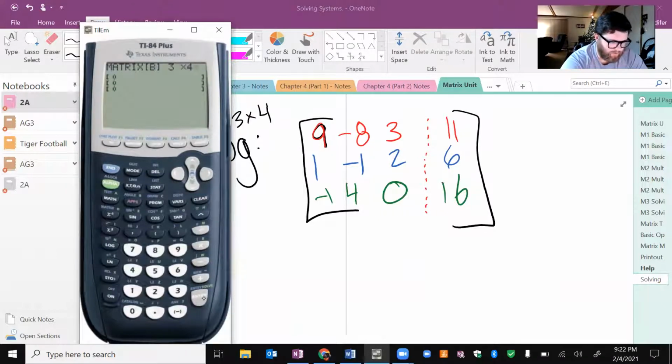Here's the tedious part. So we have 9, -8, 3, 11. Next row, we have 1, -1. Uh-oh, there we go. 2,